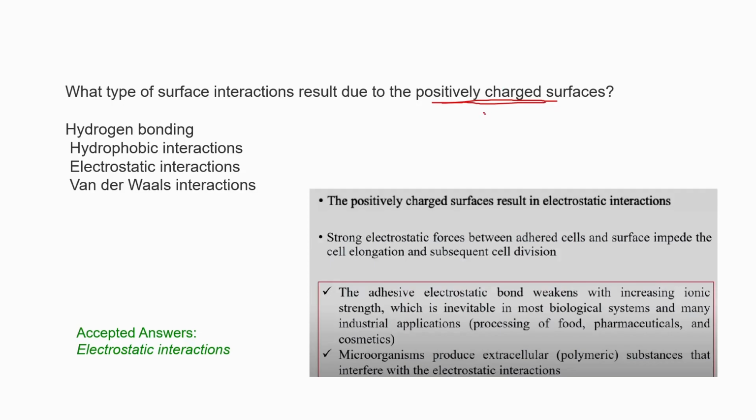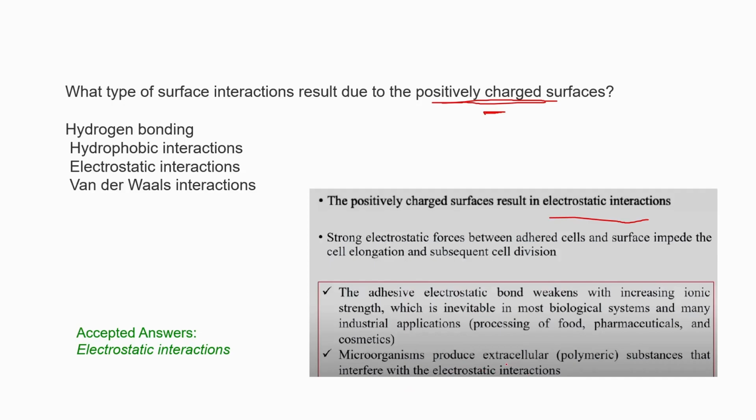Positively charged surfaces will interact mostly with negatively charged objects or surfaces. So these positively charged surfaces basically result in electrostatic interactions, and strong electrostatic forces between the adhered cells and the surface impede cell elongation and subsequent cell division. Further, the adhesive electrostatic bond weakens with increasing ionic strength, which is inevitable in most biological systems and many industrial applications. And microorganisms produce extracellular polymeric substances that interfere with